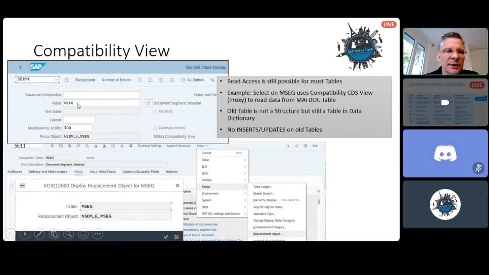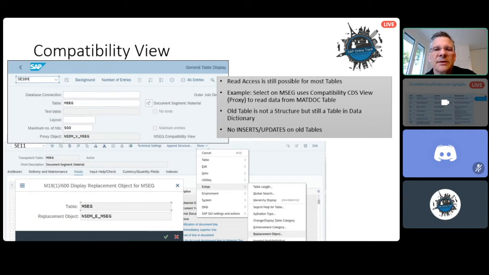And then if you enter the table name like MSEG, which is the old table name, you will see that there is a proxy object. The proxy is a CDS view, and that view is reading the data from the new database tables. So if you do a select on the MSEG, you will still get values because the view is reading them from the new table MATDOC, which is great.